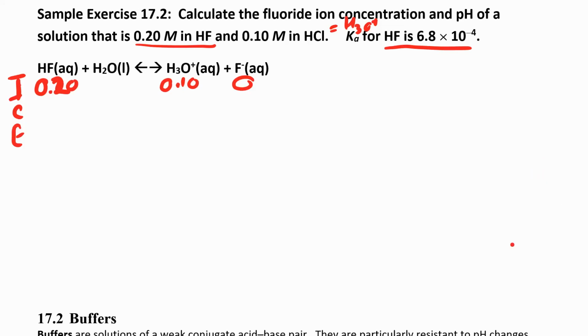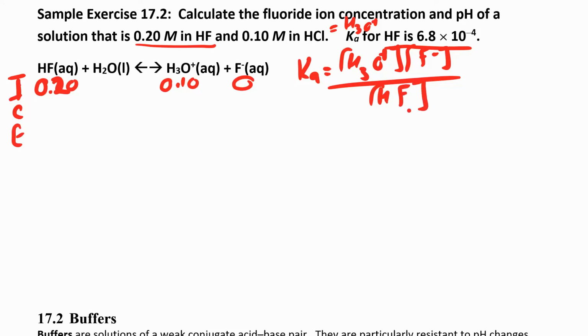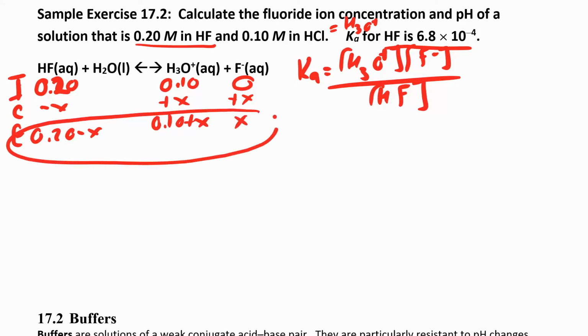All right, so we can set up our Ka expression. Always set that up. Over HF, great. And then you set up the rest of your ice table. Looks very similar to the last one, minus x, plus x, plus x. And here you have 0.20 minus x, 0.10 plus x, and x. And now you can take this and plug it in over here, and you get, what do we get here? 0.1 plus x times x